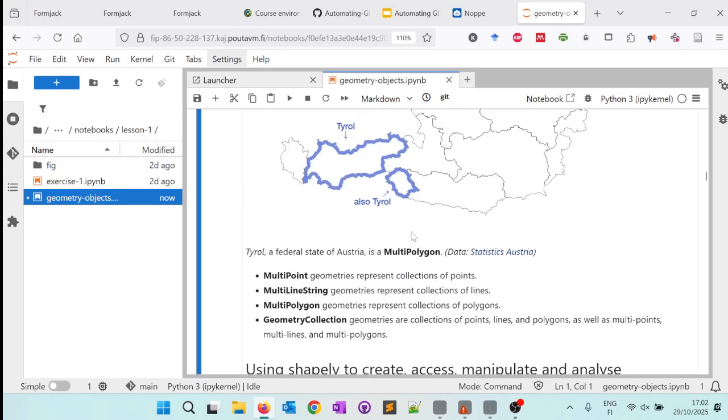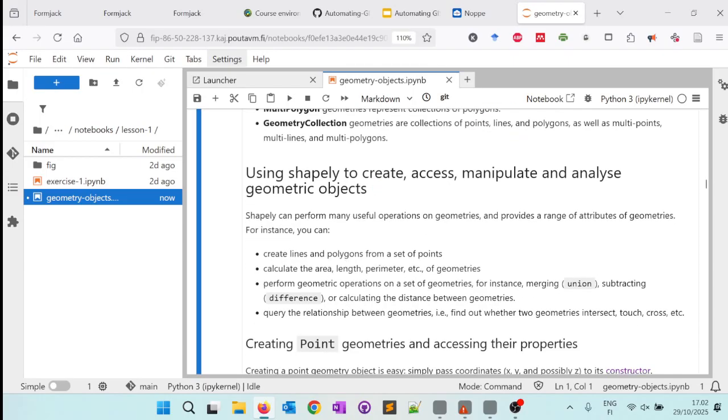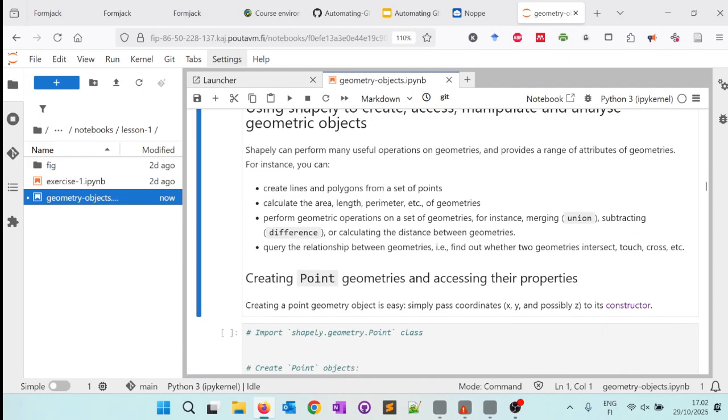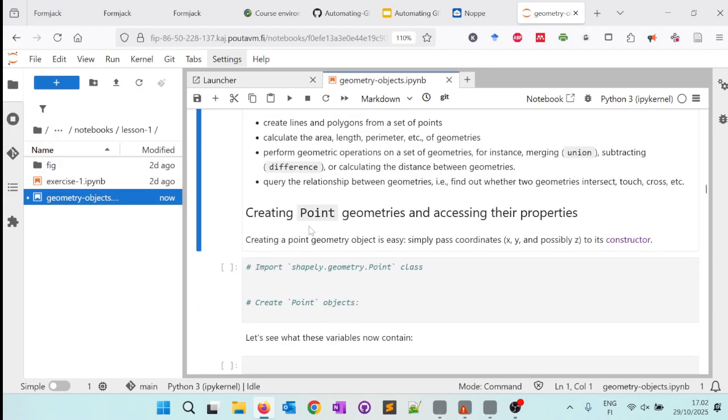You might have polygons, we will see later, that have a hole inside. An example of it is the city of Espoo. In the middle of Espoo, there is an area, Kauniainen, which is officially not part of Espoo. So if you work with the boundaries of Espoo, that is the kind of polygon you're dealing with. There's a hole inside. Yeah, so now let's get started. That was a bit of background. Now let's start with points, which are the most basic